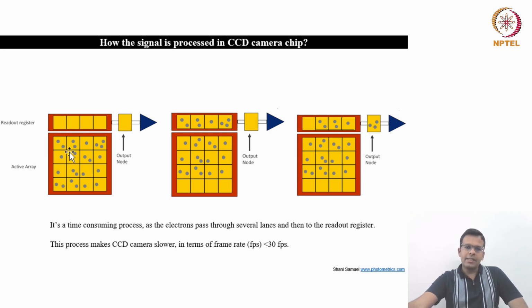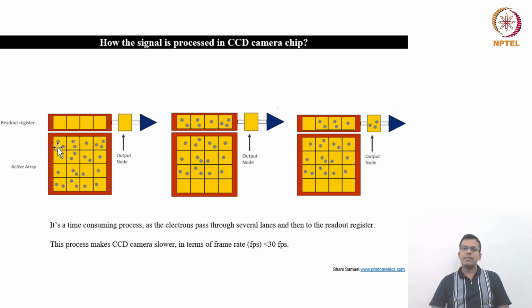Now, as we discussed, what is the function of a pixel? Pixel converts photons into electrons. So let's say from your sample, this pixel converted photons into electrons. So there are 2 electrons. Here also there are 2 electrons. Here the signal was a little high, so this pixel has 3 electrons. So the dots represent the electron distribution in all the pixels. Now the next step is, so this many electrons are produced per pixel by your CCD camera chip.